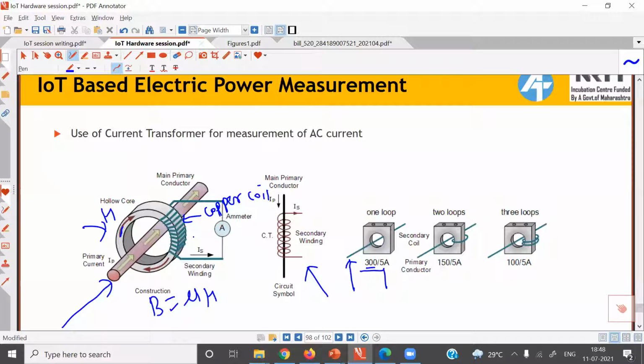The resistor which is connected across the CT winding is called burden resistor, and in the video I have already discussed what is the effect of burden resistor. Burden resistor always decreases open circuit voltage. So burden resistor is always a must while using the CT. If it is not used, then larger primary current may induce very large voltage, and it may damage insulation in the winding.